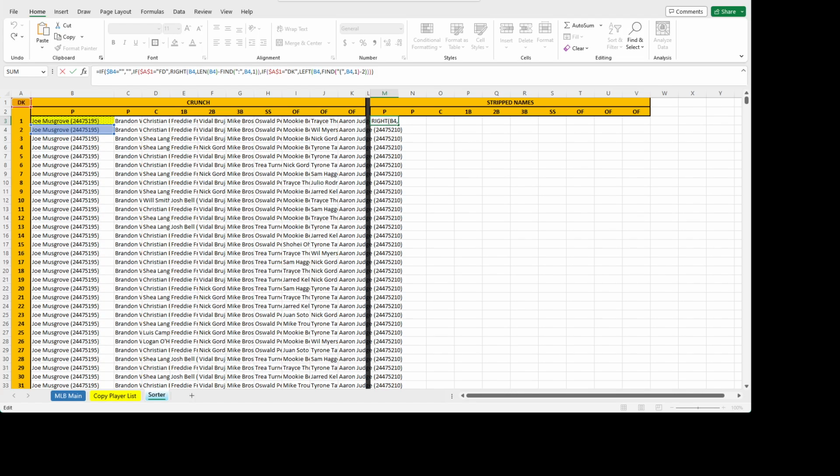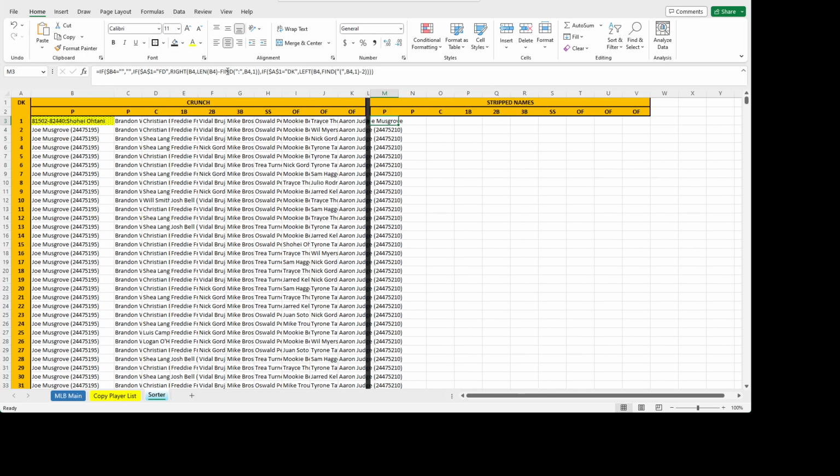And you know what? Just to show you this, I'm going to take a Fanduel name and paste it into this crunch. This is what a Fanduel name looks like. It's got the ID and then a colon and then the player name, okay? So what we're saying is take the right. In other words, start at the right of this, where Shohei Ohtani is. And how many do we want to take? Well, we could count 1, 2, 3, 4, 5, 6, but it's going to be different for every player, right? Because Shohei Ohtani's name is different than Joe Musgrove's. So to come up with the exact right length all the time, we're going to take the length of this, the whole thing, all the characters,